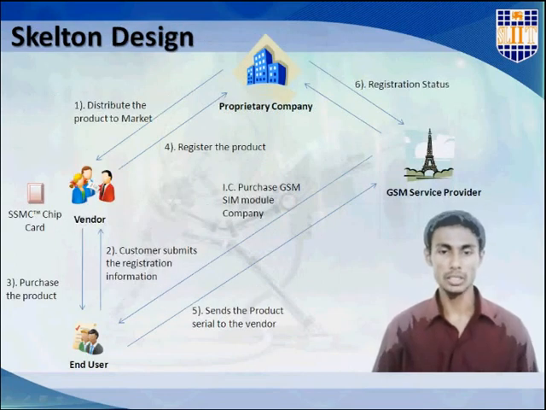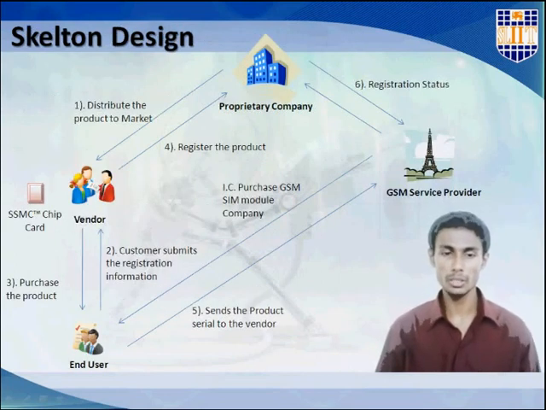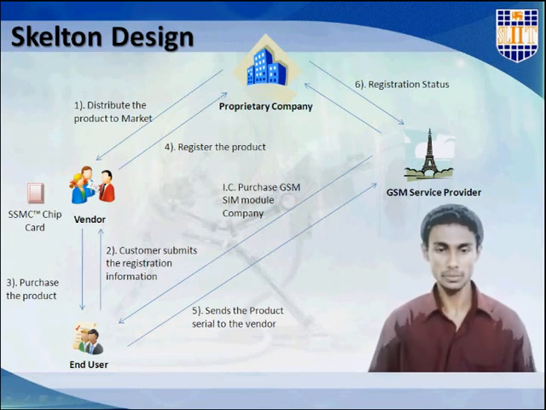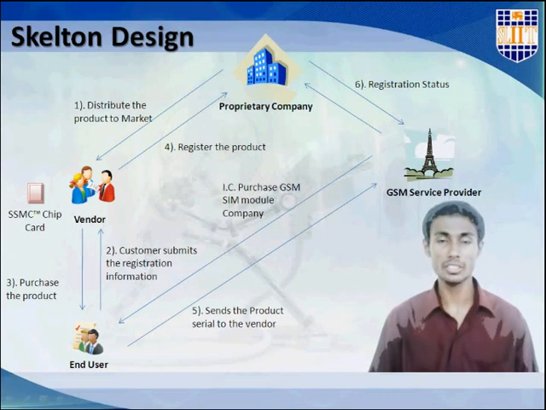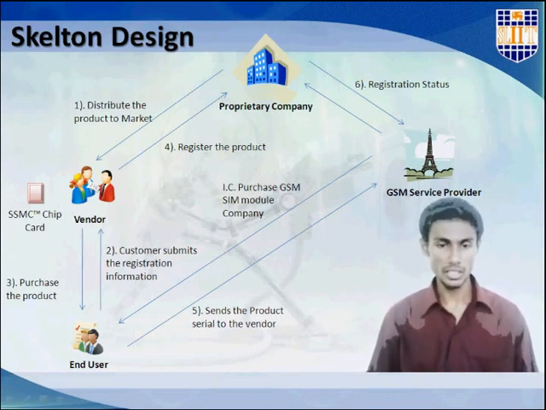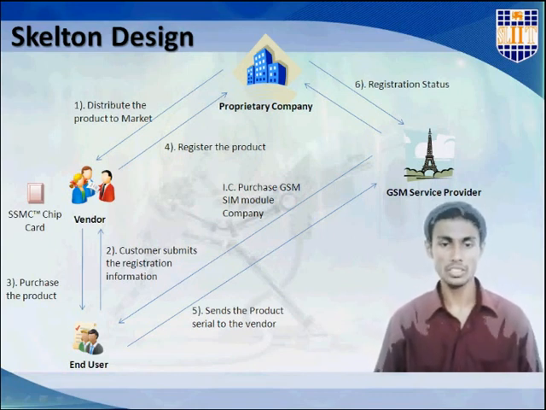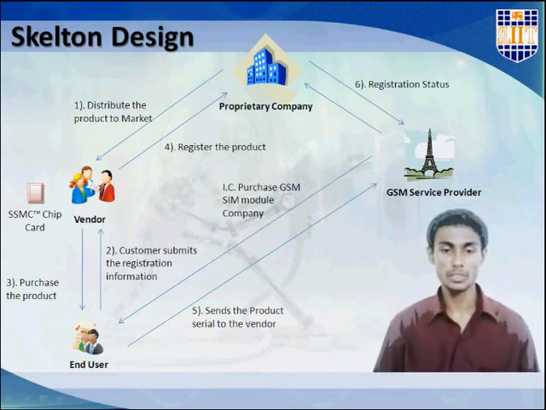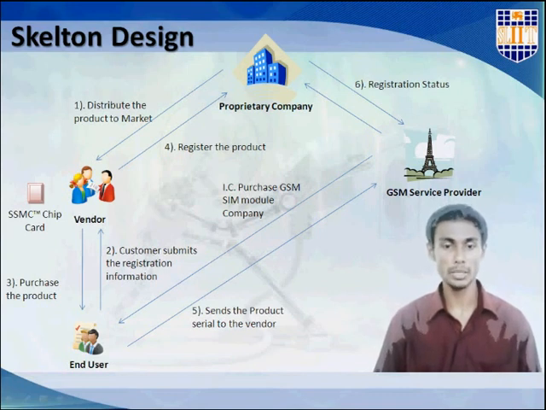First, the proprietary software company distributes the product to the market. Then, the customers purchase the product and submit the registration information to the vendors. After that, the vendors submit the product registration information to the proprietary company. And when the customer installs the product at their premises,